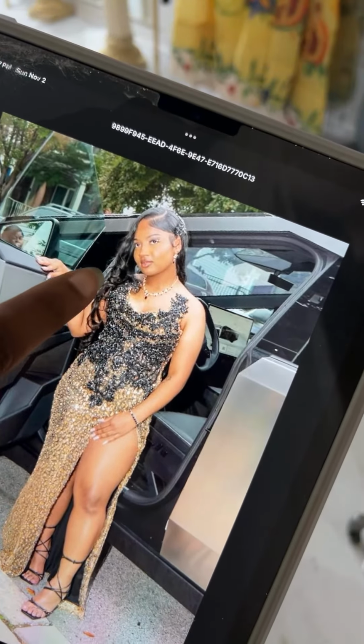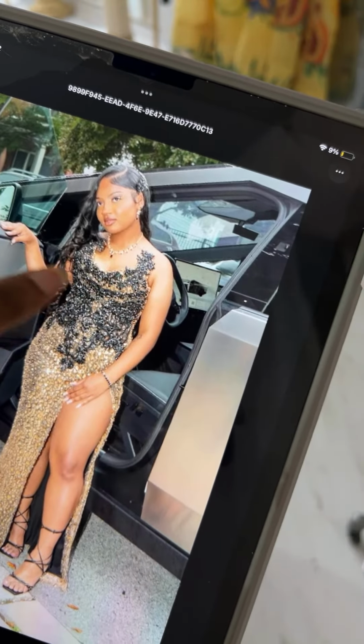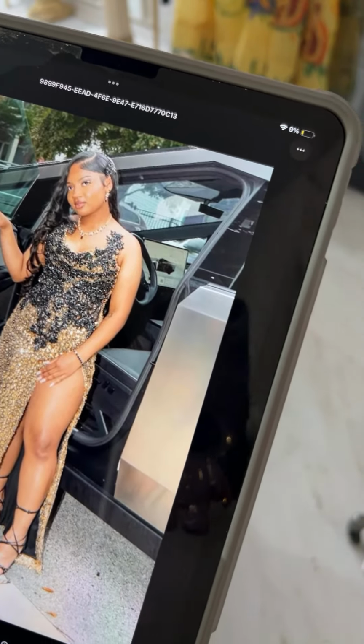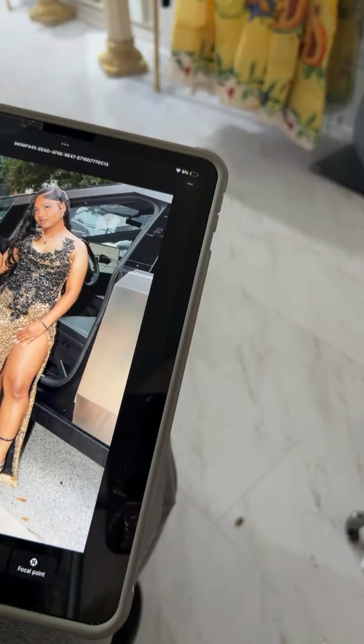You see how in the real dress, it has that draping there. I mean, not that draping, but it has like the points on the bust. But, okay, so